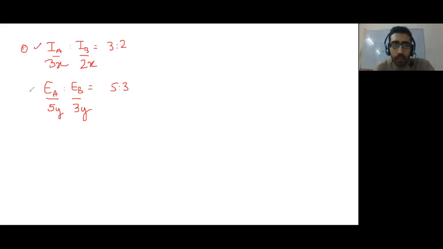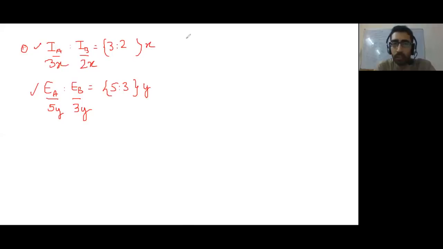The ratio of incomes and the ratio of expenditures, their multipliers will have to be different, at least. We can't assume they'll be the same. So we'll have to multiply 3 and 2 with x, both with x, and 5 and 3 with y. I can't just multiply them both with x because I can't assume what their multiplier is going to be. So what I need to multiply 3 and 2 with to get the income value, or what I need to multiply 5 and 3 with to get the expenditure value.